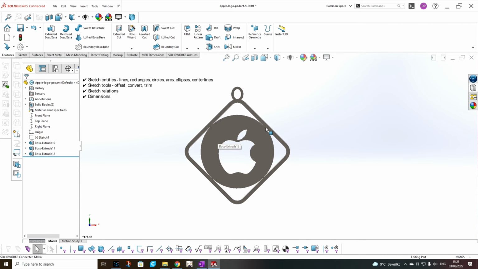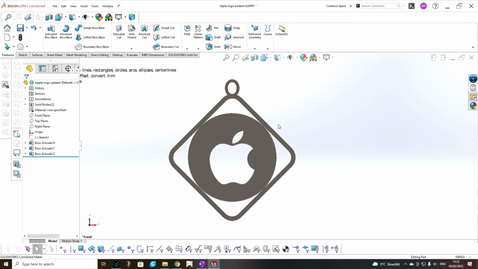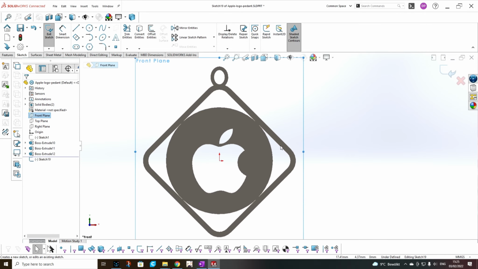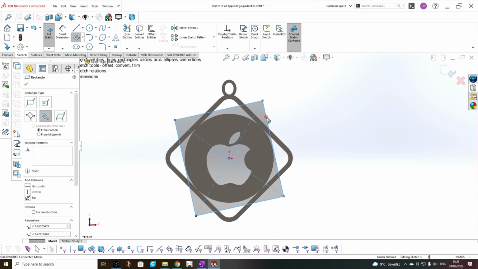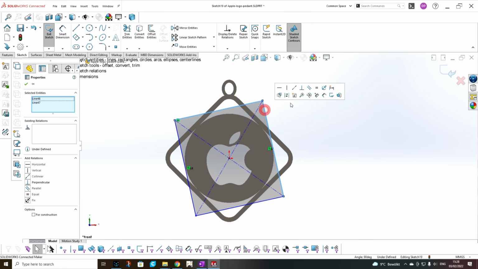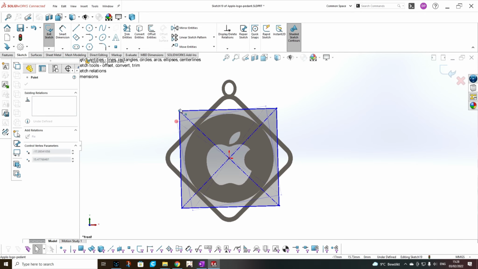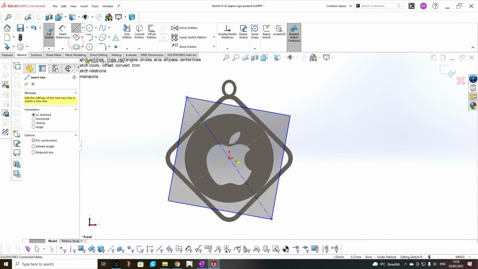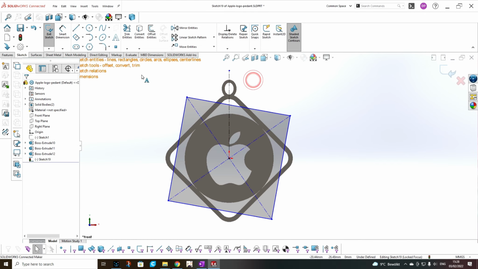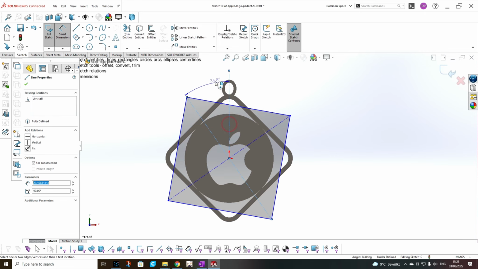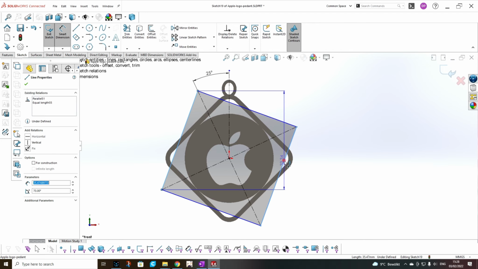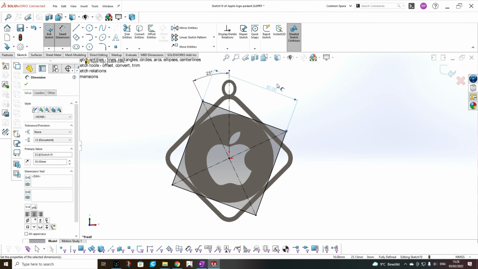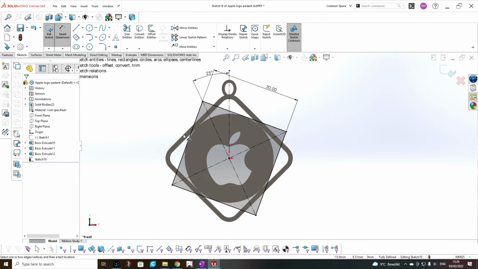Now what I would like to add here is another shape. I will choose again the front plane. We start with center point rectangle, make the sides equal, add a center line to define the angle on which we want to do it. Then define also the size of our rectangle. And now what we want to do is to